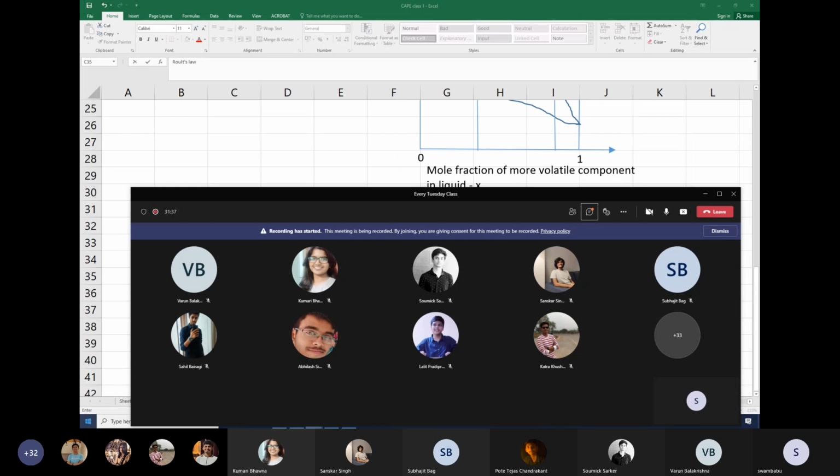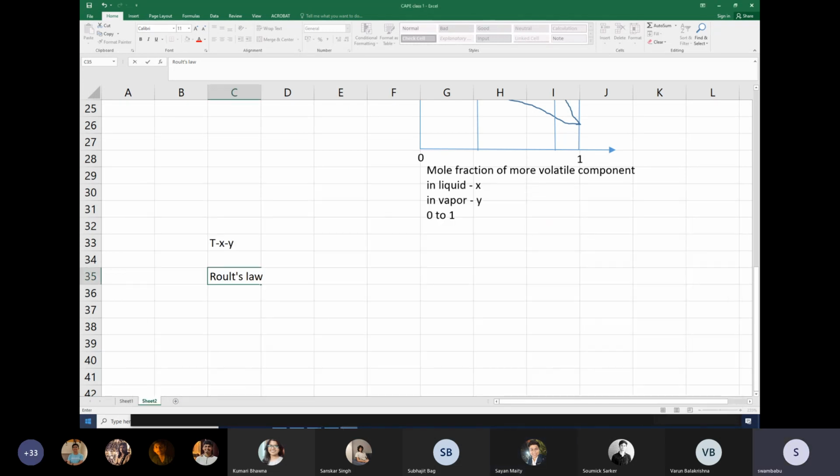The relation between partial pressure and vapor pressure. So what is that relation? Sayan: The vapor partial pressure is equal to the vapor pressure times the liquid mole fraction X. Right, very good. Raoult's law, which gives the relation between partial pressure